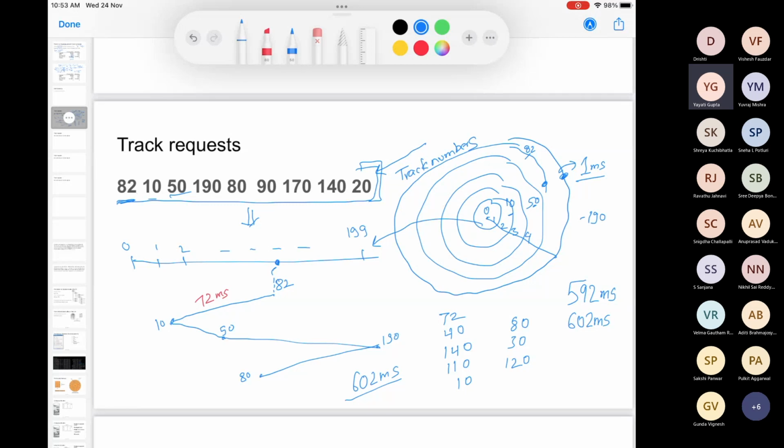So in what way should we permute it? Any ideas? The point is I can serve any of these requests first. The point is to serve all these requests, but in any order. So what should the order be? Can you come up with an algorithm for designing a permutation or an order such that you minimize the seek time?